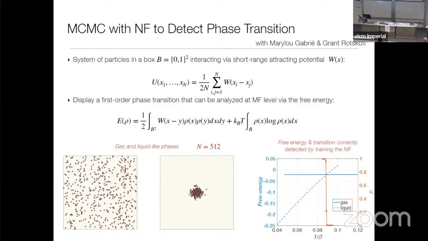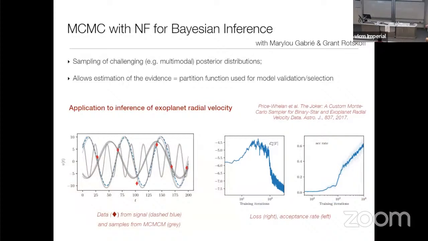So these things work. Okay, maybe a third example, briefly, which is not from physics, it's from Bayesian inference. This method is also applicable in cases where the likelihood is complicated, for example, where it's multimodal, in which case, if you do maximum likelihood, you have multiple basins, and then you need to find out which one is the most likely. A simple example of that is one that we borrowed from a colleague in physics, which is about inference of exoplanet radial velocity.